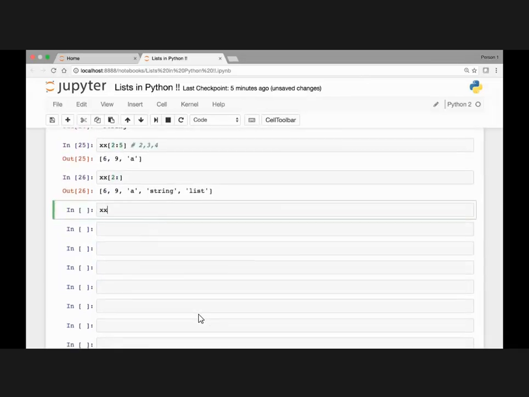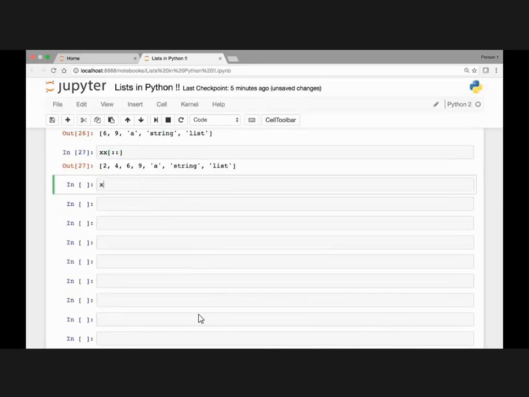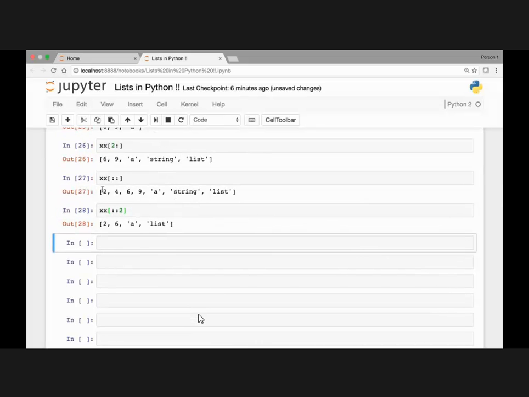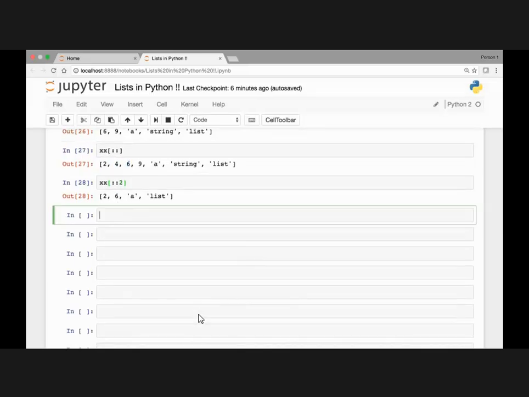Let's look at a few more indexing methods. What if we want to grab all the elements? We can pass double colons. This means grab every single element in the list. What if we say XX, then double colon, and pass 2? This means grab every other element. So it will grab the first element, and then leave the second one, grab the next element, so every other element, which is 2, 6, A, and